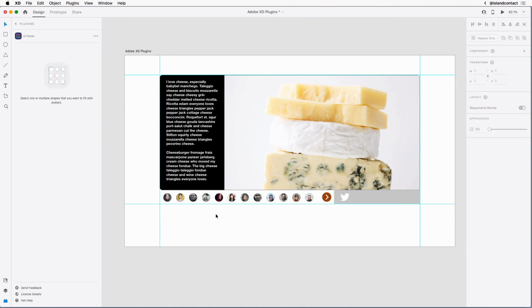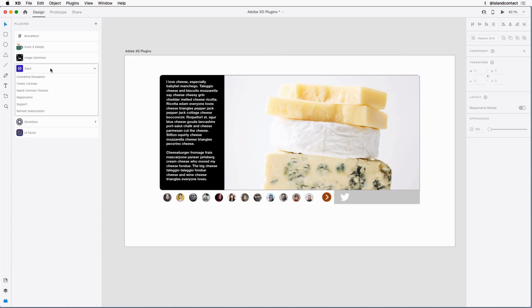So I think that's a fantastic plugin. Really speeds up my time, so I don't have to go to different websites and search for those faces. I can simply add users in there. The other thing I want to talk about is Stark, and Stark is definitely a plugin you should have, and